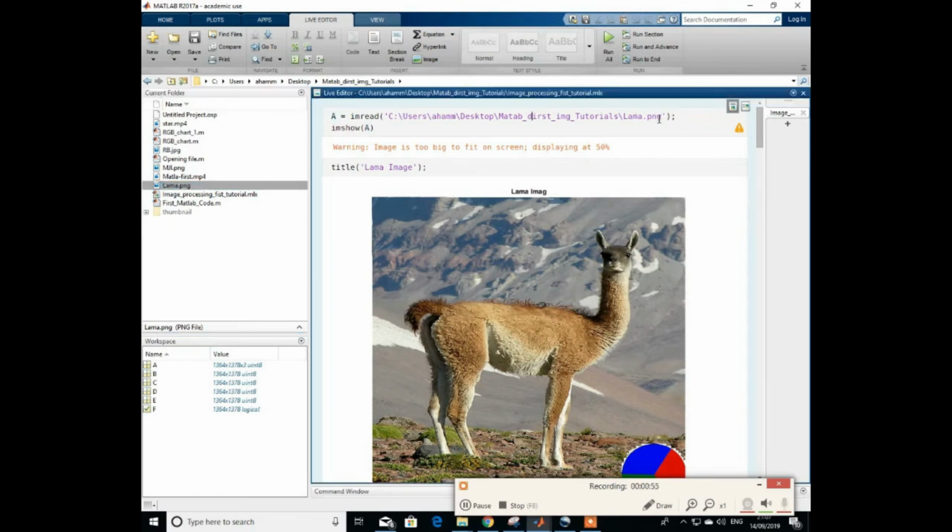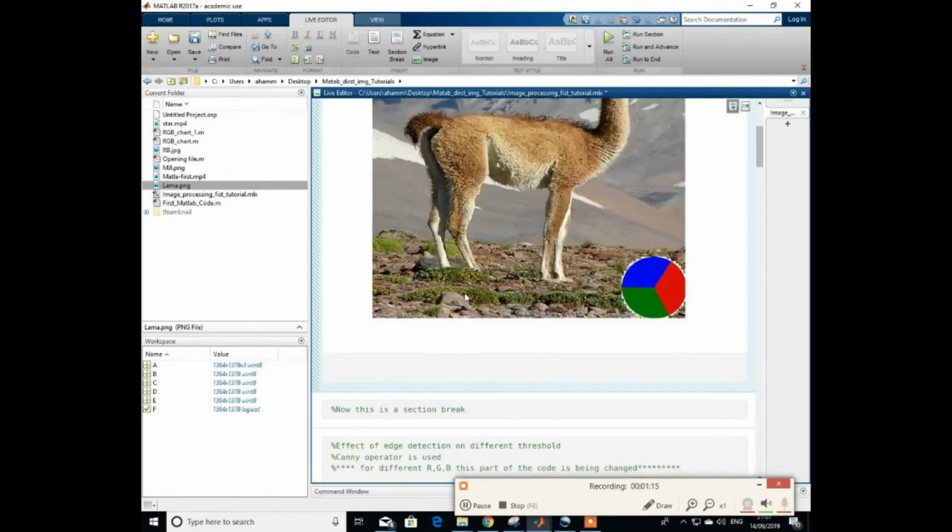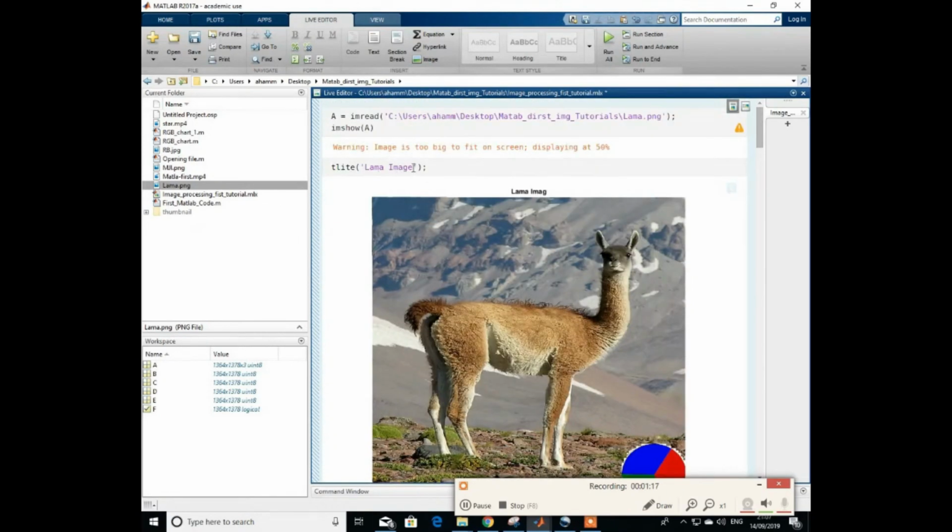I assign a title. This is the code for title. For any image, we just need to write title. This word can't be changed. But this is the image name. You can assign any name you wish. So this is the full image name. If we edit this, we take the E off. As you can see, if I run this code, so the